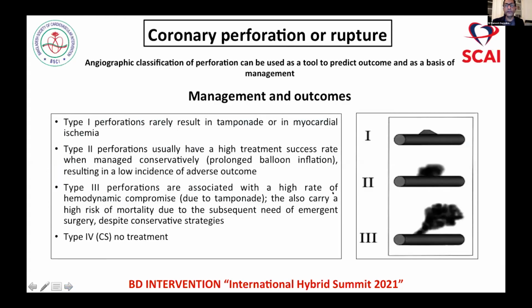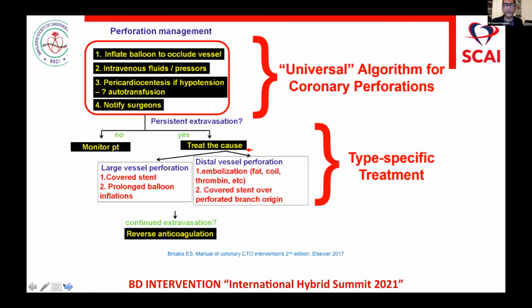And so for perforations, for LS3, obviously you have to be worried about what needs to be done. Immediately covered stent, if you can get hold of it. Please make sure before you start doing CTOs, or any complex PCI, you need to have a covered stent in your cath lab. Brilakis has talked about this nicely in his paper and in the textbook. Treat the main cause, covered stent, prolonged balloon inflations,